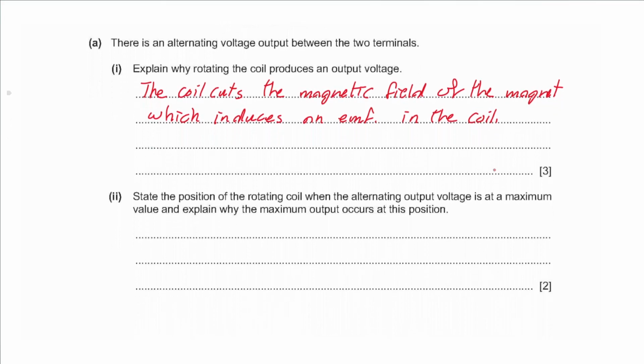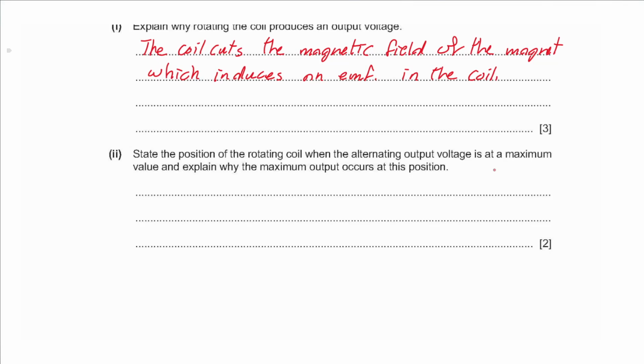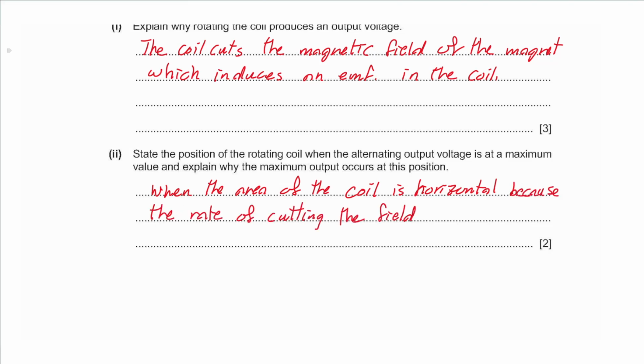Double I says state the position of the rotating coil when the alternating output voltage is at the maximum value and explain why the maximum output occurs at this position. So this happens when the area of the coil is horizontal or parallel to the field, because the rate of cutting the field at this position is maximum. So if the magnetic field is pointing in this direction and the coil is flat like this, horizontal, the lines at the edges of the coil will be moving at right angles to the field,